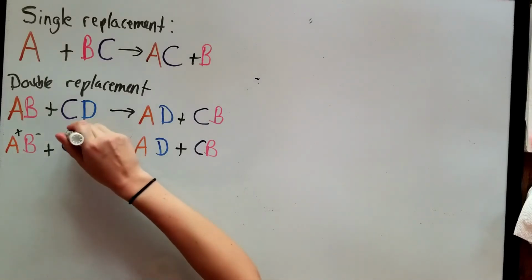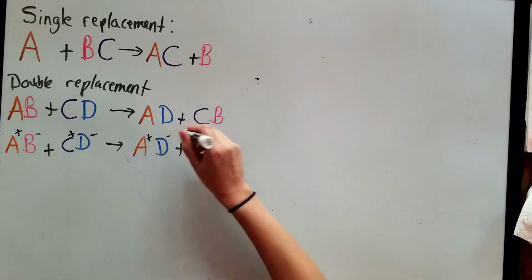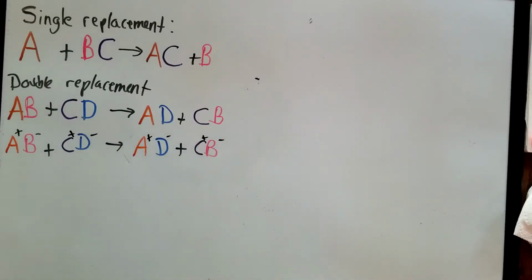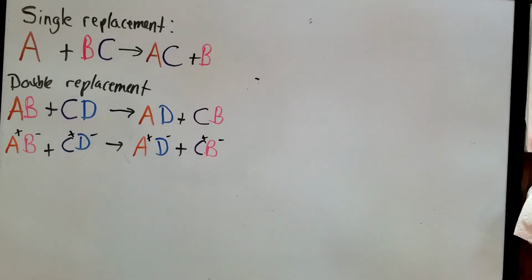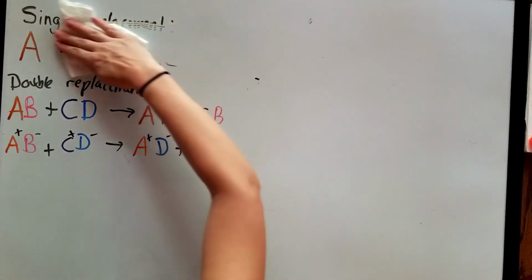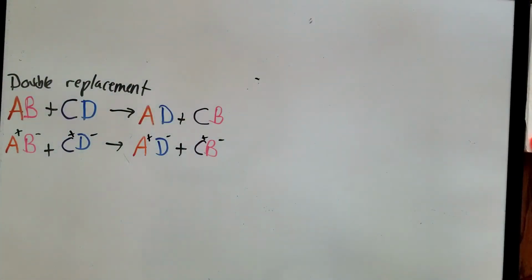For CD, it's going to be the same. Positive first, negative next. Over here, positive, negative, positive, negative. Notice each pair has 1 positive and 1 negative. Okay, so let's draw a scheme here. Actually, I'm going to erase this just so I have more room to work the problem, since we're focusing on double right now. So we have